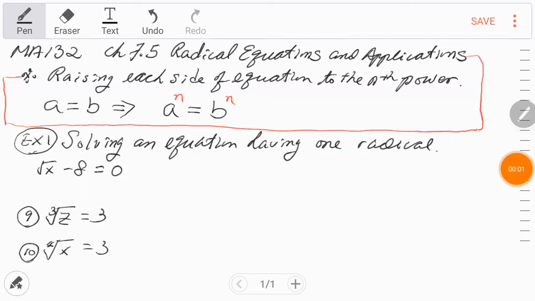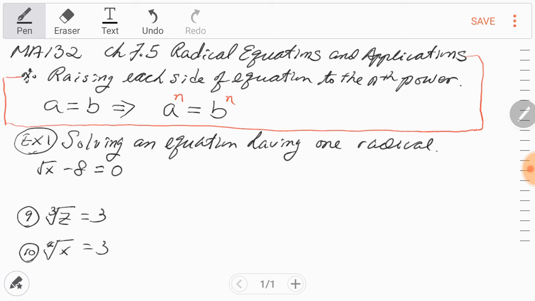Okay, section 5 is about radical equations and its applications. Here is one property about raising each side of an equation to the nth power. So here is an equation, a equals b. Since this equation holds, we can raise each side of the equation to the same power. So a to the nth power, and then you have to raise the right side of the equation to the nth